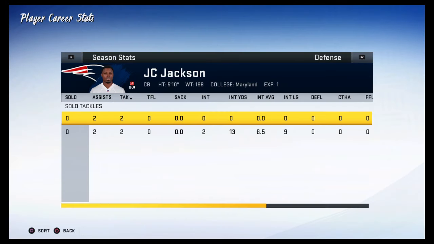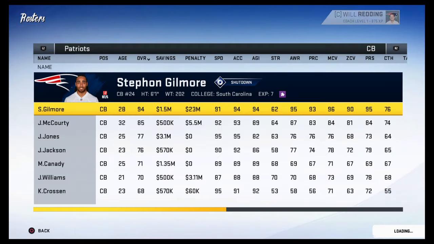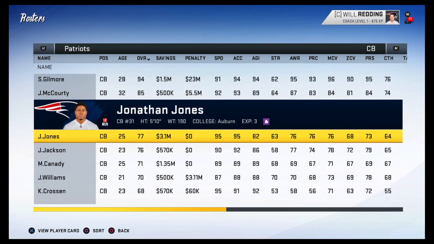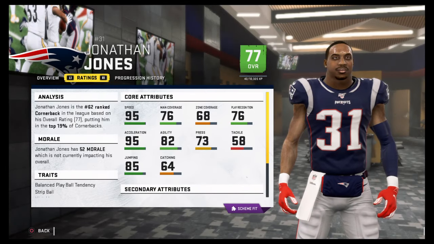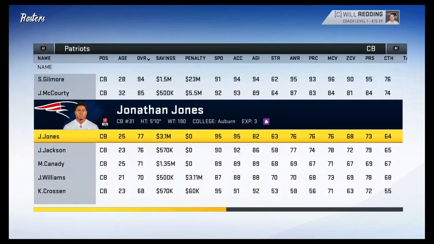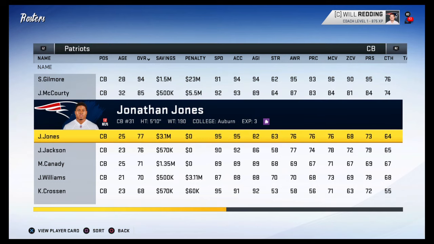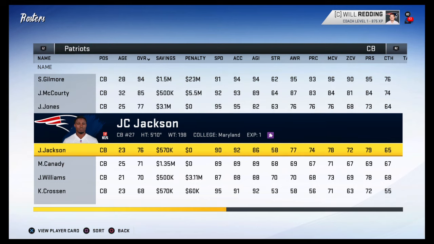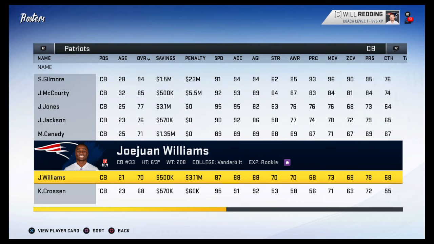Had 2 picks last game, which was really good to see him get in there and get a couple. Wish he would have housed one of them, but he got a few yards. Jonathan Jones is just that athletic player. Going to be a good slot for me, especially when Jason McCourty dies due to regression. He'll be able to walk in free agency, or I could trade him for something and then have J.C. Jackson move outside, Jonathan Jones to the slot, and then I still have Gilmore on the outside, and then progressing